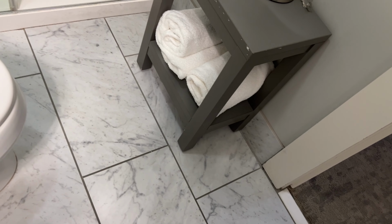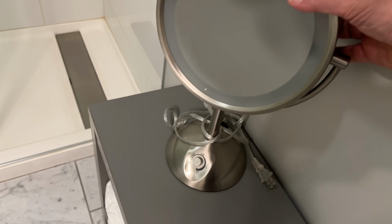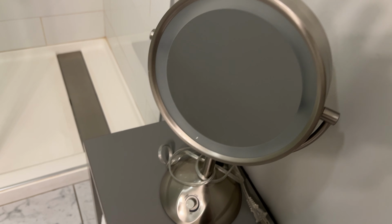We have a couple of towels there. We have the bath mat, and down here we have the bath towels. Looks like they gave us 3 of them. It's one of these makeup mirrors. I'm guessing this is a retro thing. This looks like something out of the 60s, but